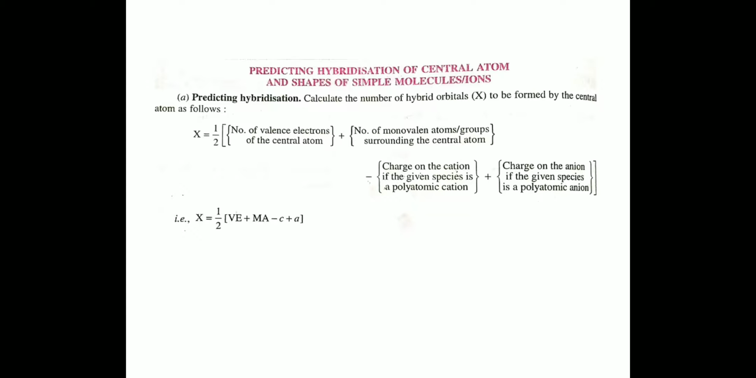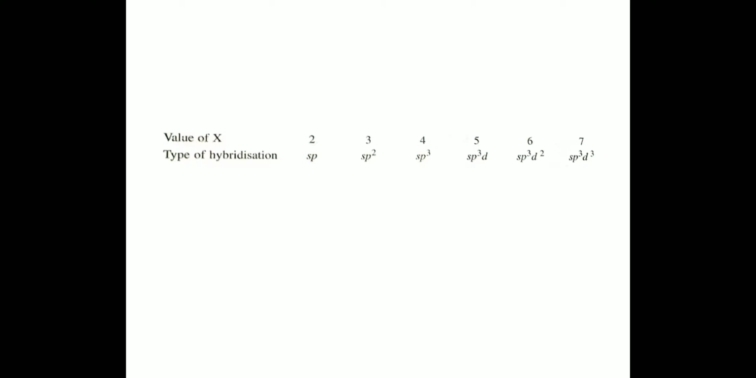Monovalent atoms or groups means the groups or atoms which are attached to the central atom and have a valency of 1. When the valency is 1, we call them monovalent atoms or groups. Minus charge on the cation plus charge on the anion. So simply we can say like this: X equals half of the valence electrons of the central atom plus